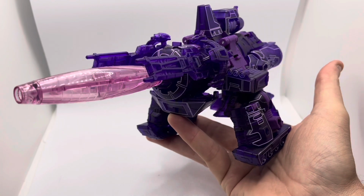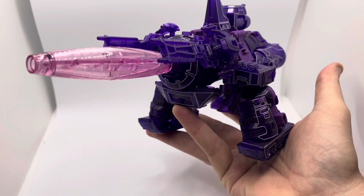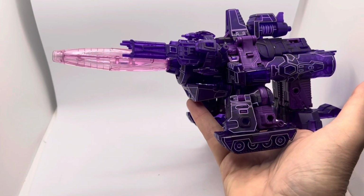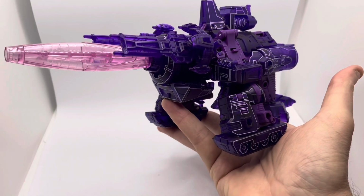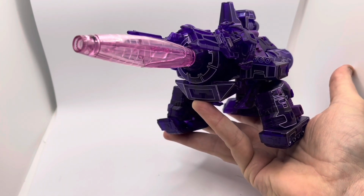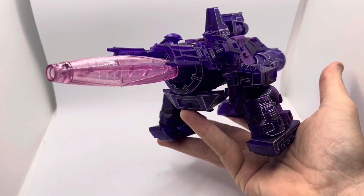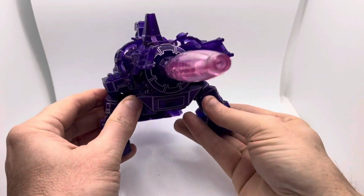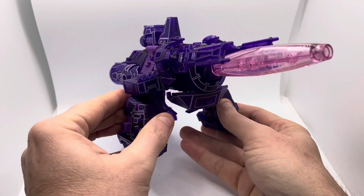So it certainly delivers, as does of course the standard edition War for Cybertron Kingdom Galvatron, who looks, well, structurally exactly the same pretty much in transformed mode, apart from the colour detailing naturally. So yeah, I think this is a beautiful, beautiful figure. I think it's